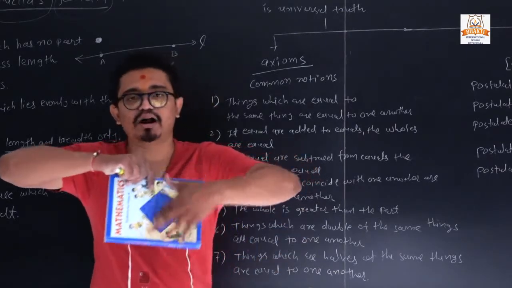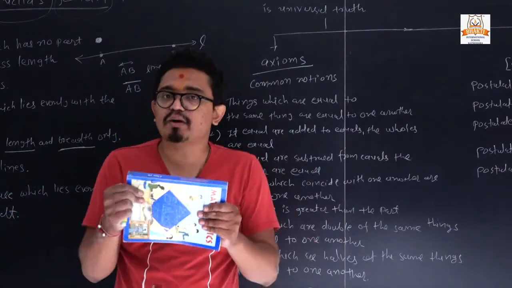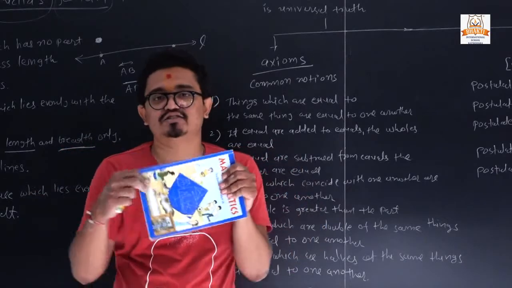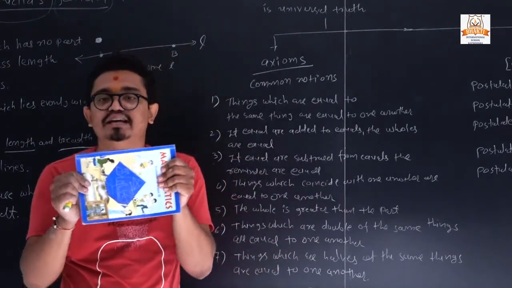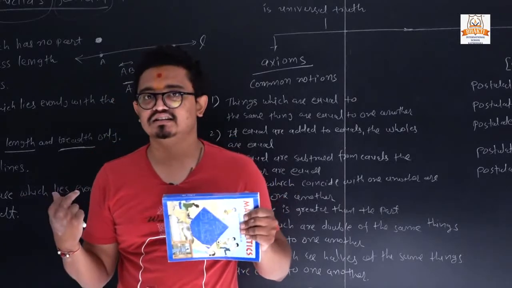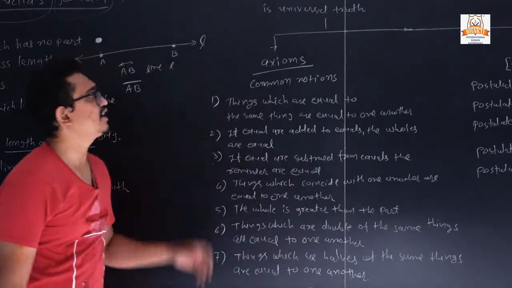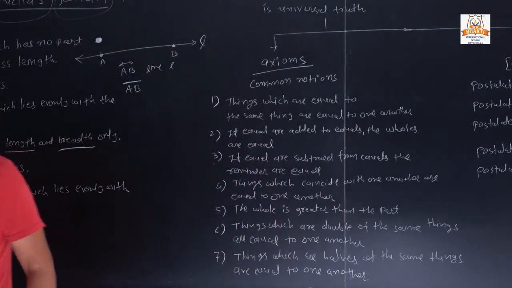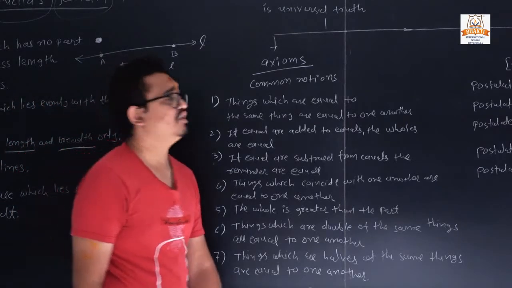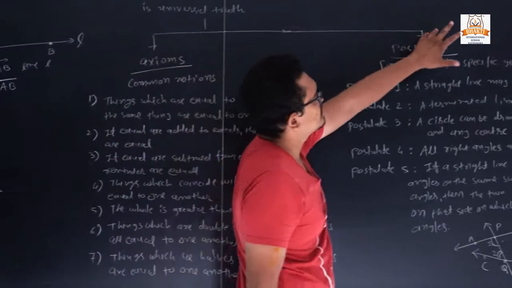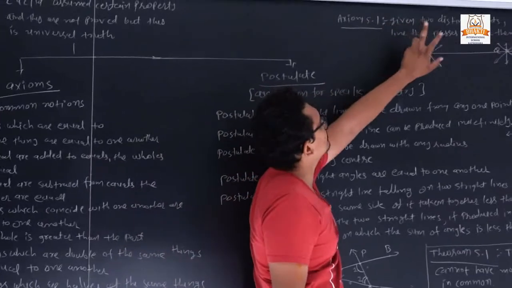Suppose we have the two parts of this. So we have two parts, and if I am joining these two parts, it will be only one book. So two equal parts make one whole. Clear? So these are called what? Common notions. So it is also called axioms. And we have one axiom in our chapter number 5. So I can already write down the axiom.